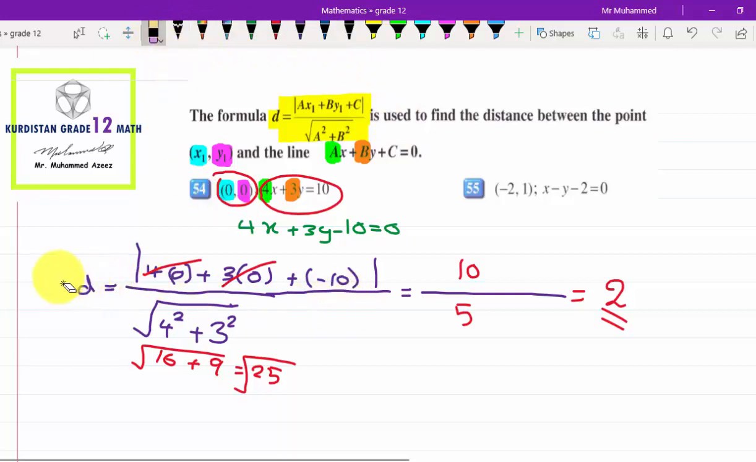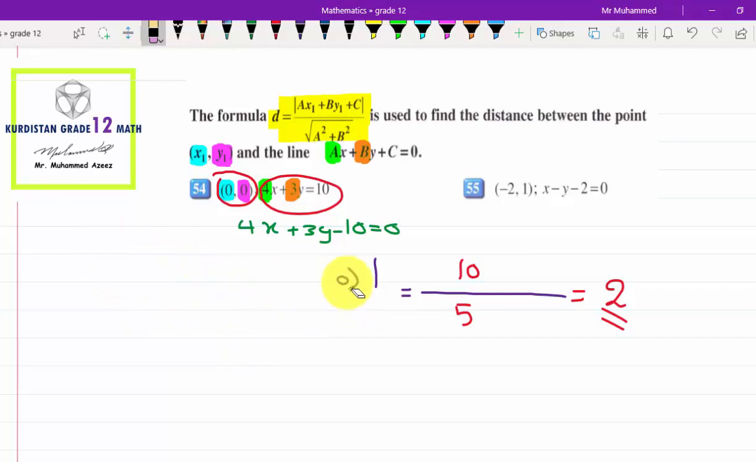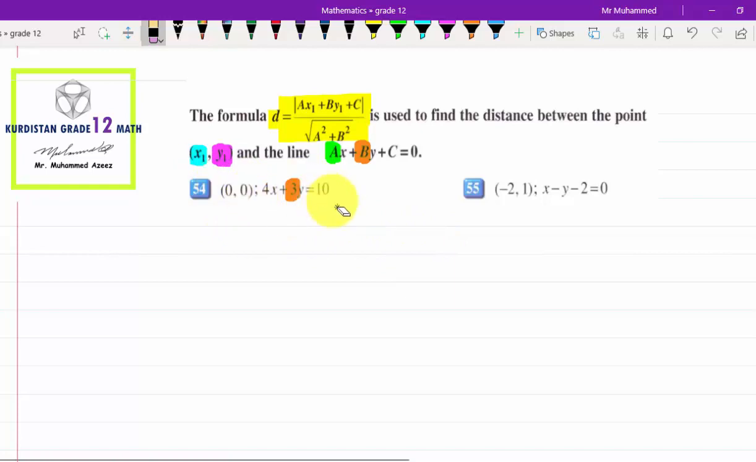Now let's do the other one. You must memorize the formula, then everything else is just calculation. x1 here we have is negative 2. So for question 55, distance is equal to a, nothing in front of x means positive 1, 1. x1 is negative 2,